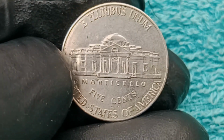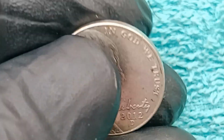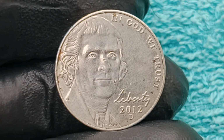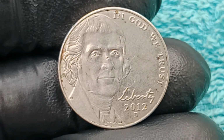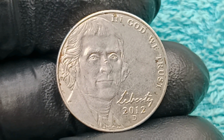So next time you come across a nickel from 2012, take a closer look, because under the right light and with the right eye, you might spot that subtle imperfection, that slightly misplaced mark, that clue that transforms your coin into a $48 million masterpiece, a reminder that luck and history often meet in the most ordinary of moments, and